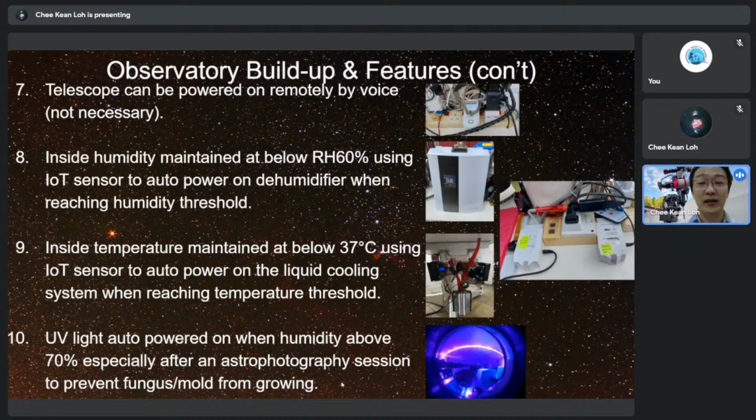Sometimes it becomes so humid, especially in the early morning, right? Then I take all my scopes inside my house, and I just close the cover. So at the moment of closing the cover, humidity is definitely above 70%. Okay, so this is that high moment where I install a UV light inside the observatory cover, and as